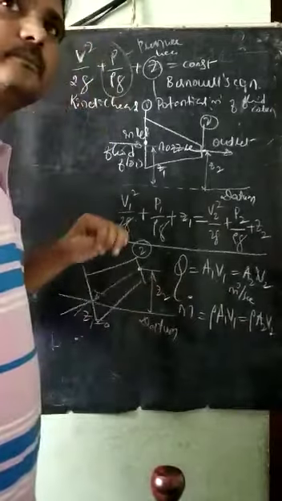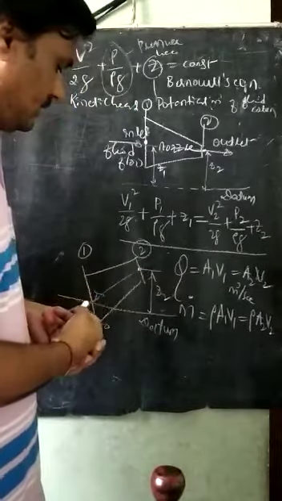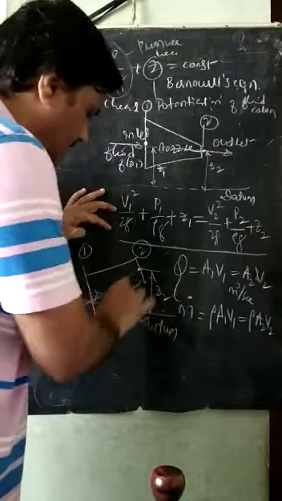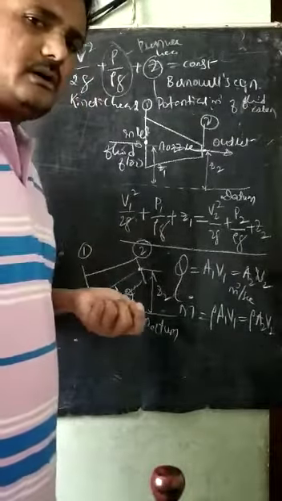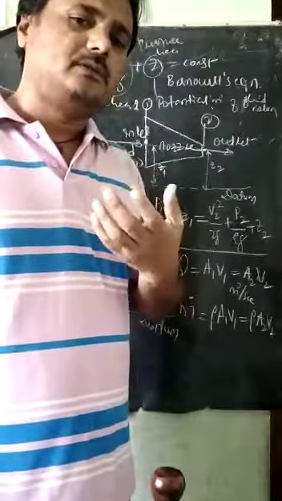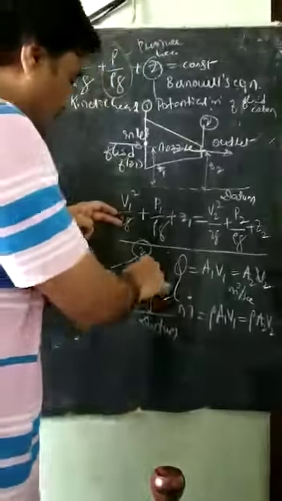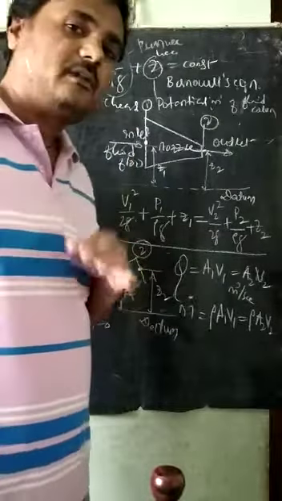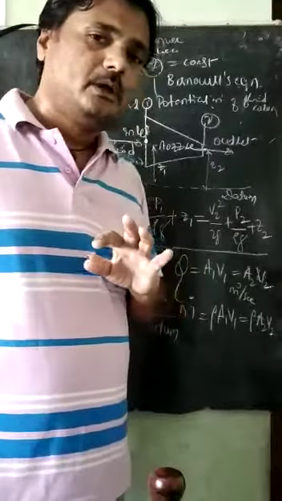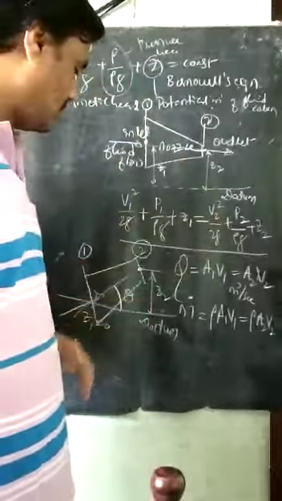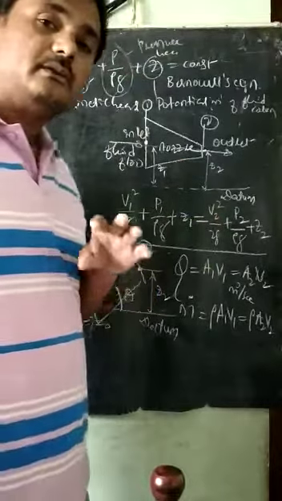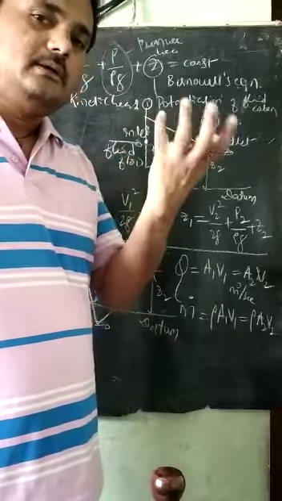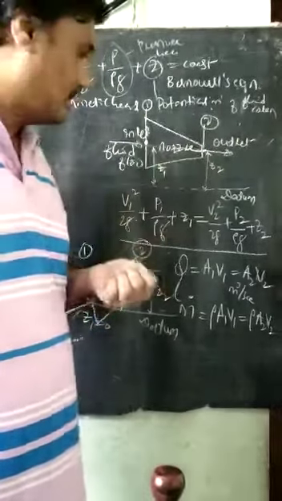Sometimes they give the angle theta with the horizontal indirectly. Sometimes theta needs to be found from the vertical distance and horizontal distance, where the length of the nozzle is the hypotenuse. We can apply trigonometric functions to get the Z2 value, meaning the potential head or potential energy at section 2.